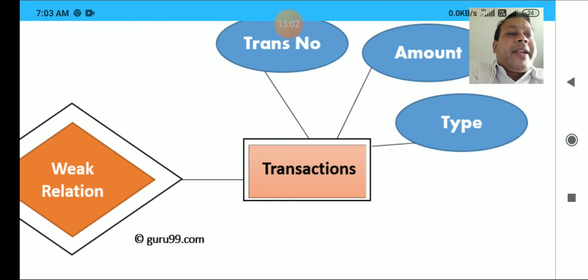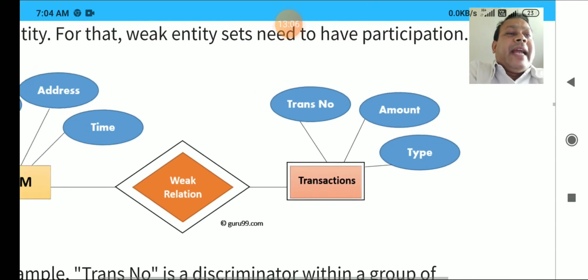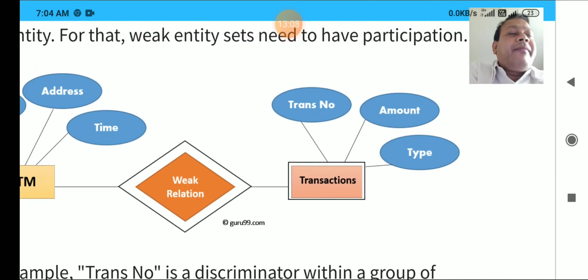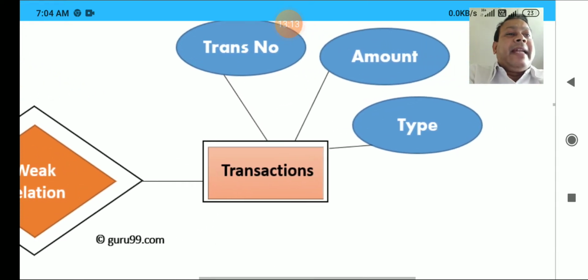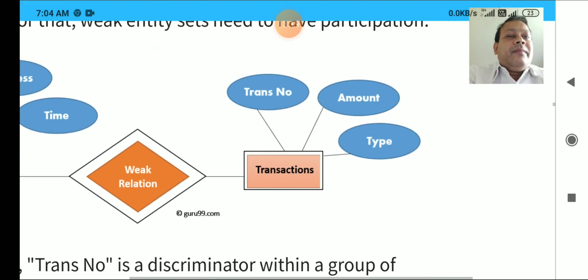This is called a weak entity, and it doesn't have any primary key. This Transaction is one of your tables, that is, an entity, and this table doesn't have a primary key right now. If it had a primary key, we would have represented that attribute with an underline.